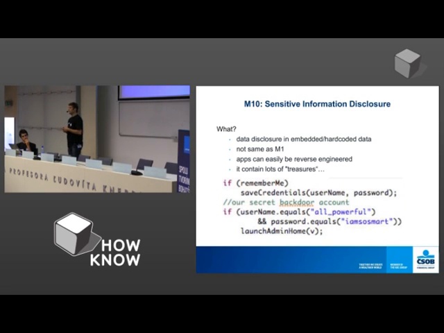But you have to consider that mobile applications, which you distribute to local devices, can easily be reverse engineered. And source code can contain a lot of treasures. If you look at this, so nice. Also no JSB code. So we have this comment, our secret backdoor account. Ooh, nice. So we have everything. Just in the source code, as a present.